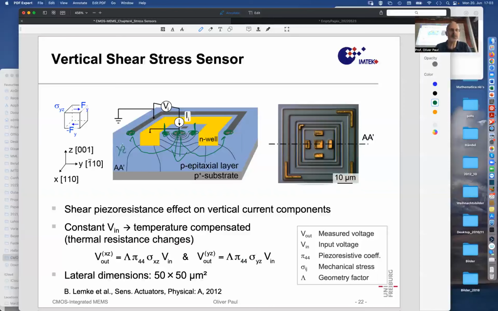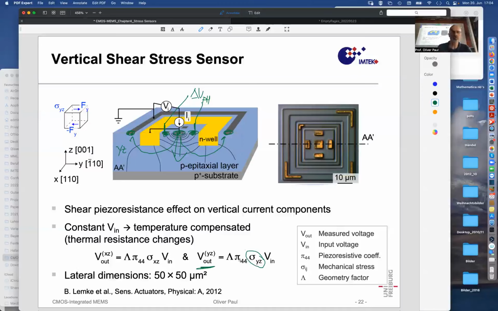YZ is the YZ plane, and the YZ shear stress is what causes a voltage difference here, a delta V pseudo-Hall or V out YZ, as it is called here, an output voltage for the YZ plane, proportional to the shear stress in that YZ plane. Proportional also to the input voltage between the contacts,